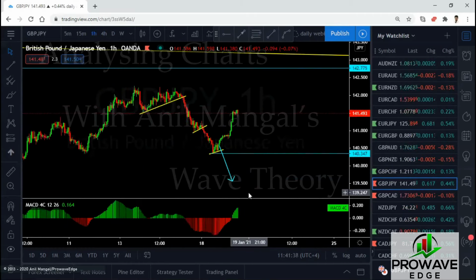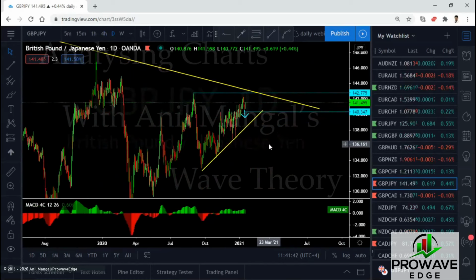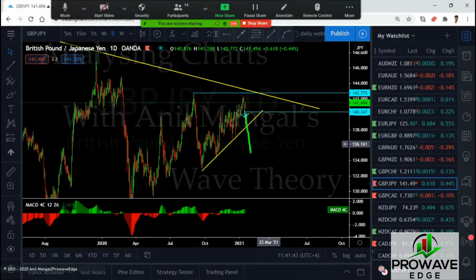Pound yen. Yesterday we were expecting to sell. There's a big down move in this. Let me just remind you why we want to sell it. There's a big down move coming in this one. Like I said, they can still go break the top, come back, go break the top, come back, go break the top, but they're still going to fall.